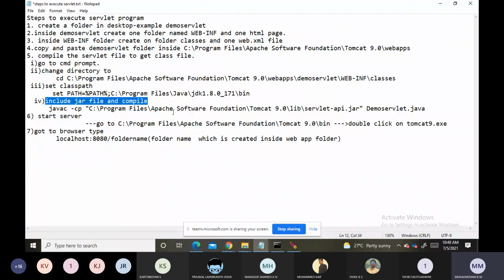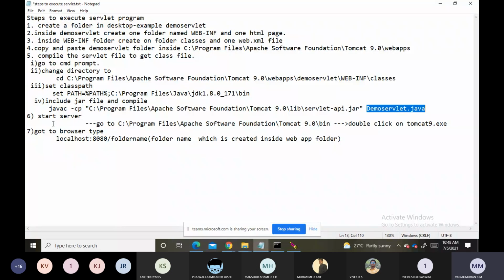For that we use javac -cp, C, Program Files, Tomcat 9.0, lib folder, where we have servlet-api.jar. Then we give the Java servlet file name. Once it is done, the class file will be generated.